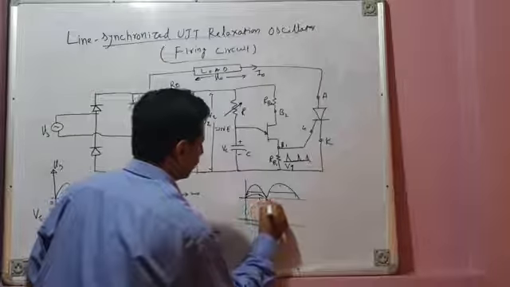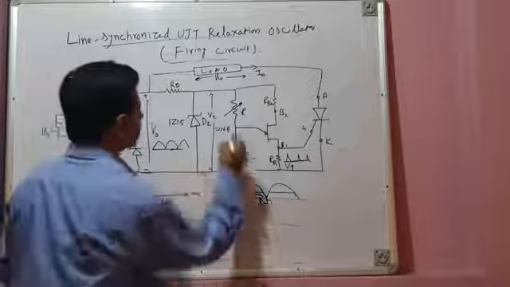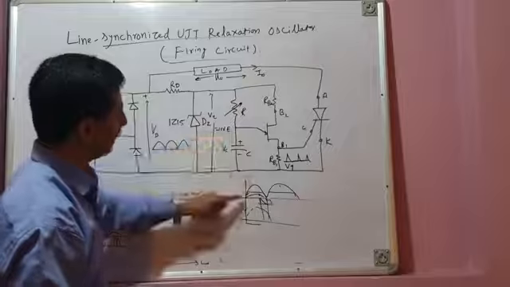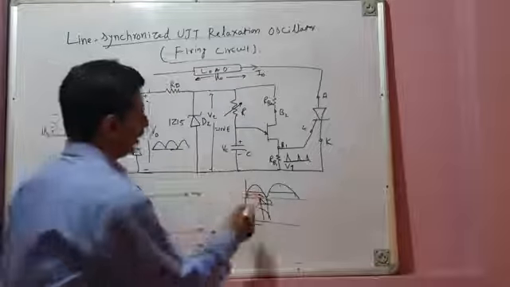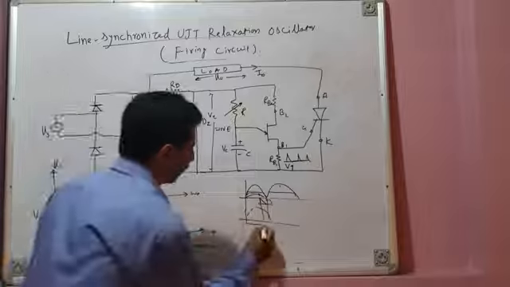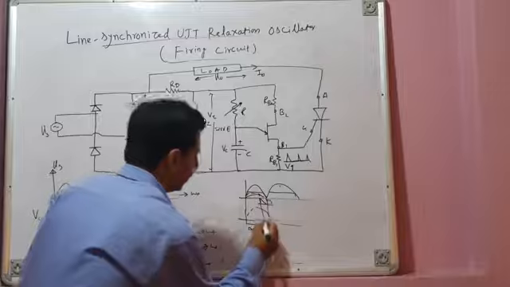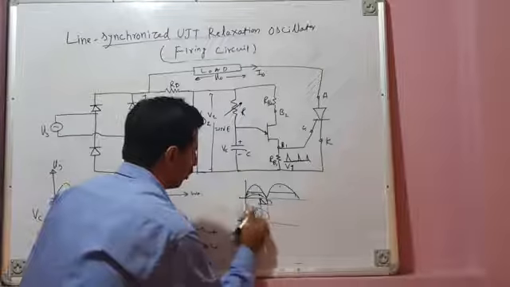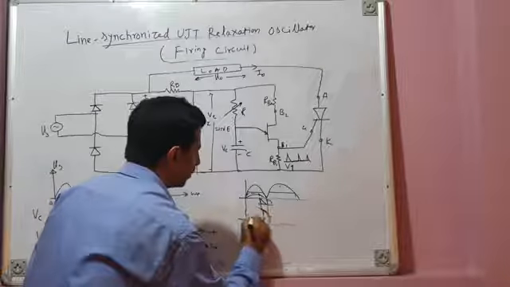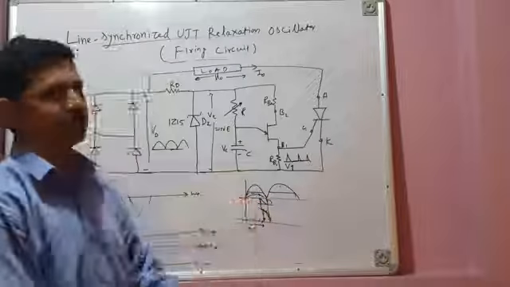And you can see if this is your load voltage, where do you get first firing pulse? You get first firing pulse here after a delay, because you have increased the RC time. Capacitor slowly charges, and it takes more time to reach the peak point voltage. It reaches peak point voltage after alpha, which is nearly 110, 120 degrees. And then from 0 to alpha, load voltage is 0, and then the remaining segment of source voltage gets applied across the load. This is how you increase alpha.